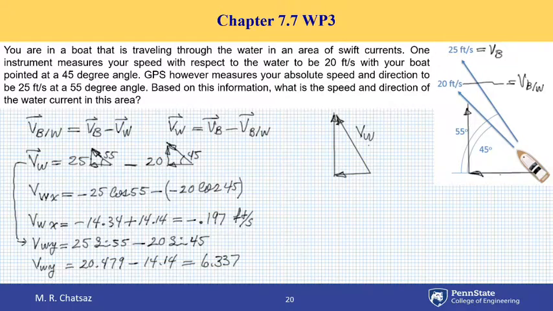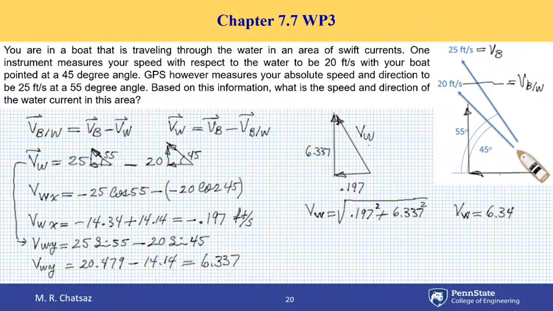So this is x component, which is to the left, 0.197. The y component is 6.337. Magnitude of the resultant is by the Pythagorean theorem, so square root of 0.197 squared plus 6.337 squared, and this gives us a velocity of water as